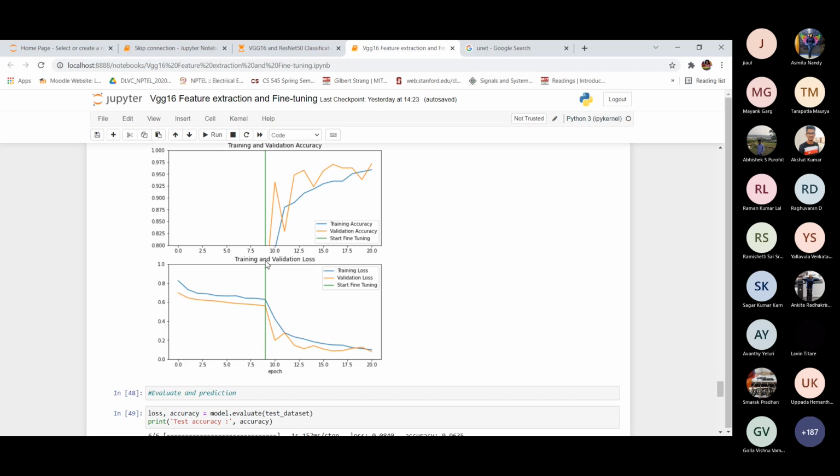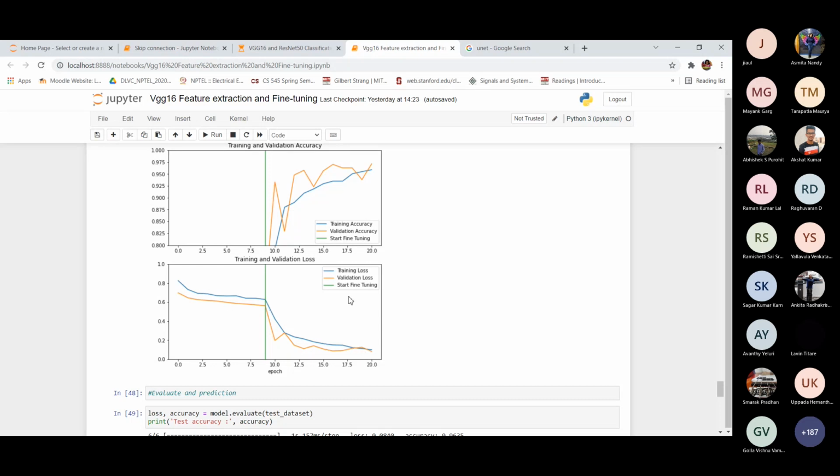The green one shows that, and here we are showing the previous training and validation loss, for the previous 10 epochs, and after those 10 epochs the loss is decreasing.